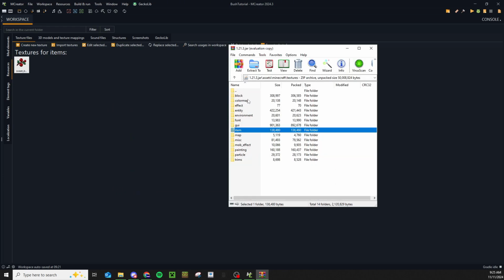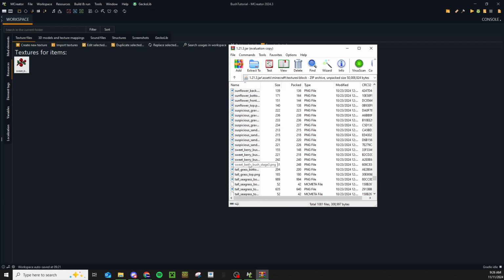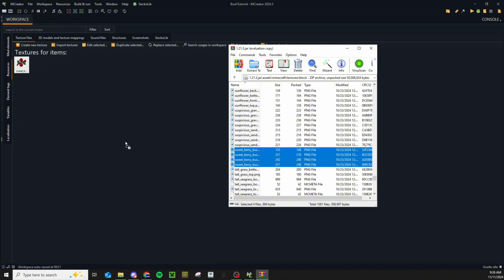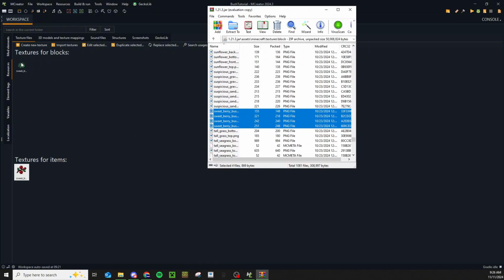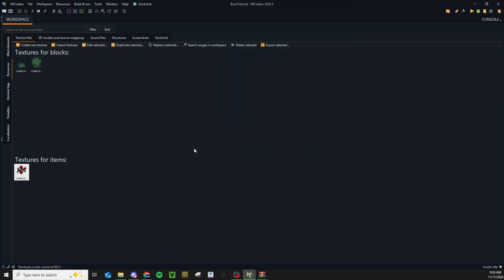Let's go back into our texture files and go into the block files. And you'll notice right here, we have Sweet Berry Bush stage 0 all the way up to stage 3. We can go ahead and drag and drop them as blocks. It looks like it wouldn't let me drag and drop all of them at once, but feel free to just drag them and drop them one at a time. And just like that, we now have all of the textures for our Sweet Berry Bush as well as our